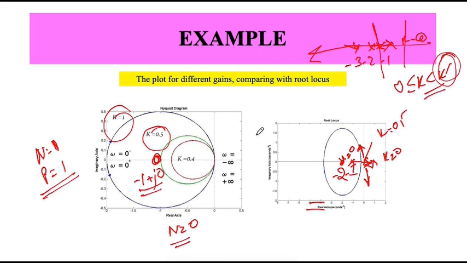So once we have this basic understanding of the concept of stability and relative stability in the frequency domain by Nyquist, we will go in the coming class to the construction of Bode plots. You might have seen this somewhere in your network course. If not, then don't worry, we will do it all over again. So I will just start doing this on the board first, right? Just to slowly explain the construction to you, and then we will go to the examples. Okay, so that's all for today's lecture.